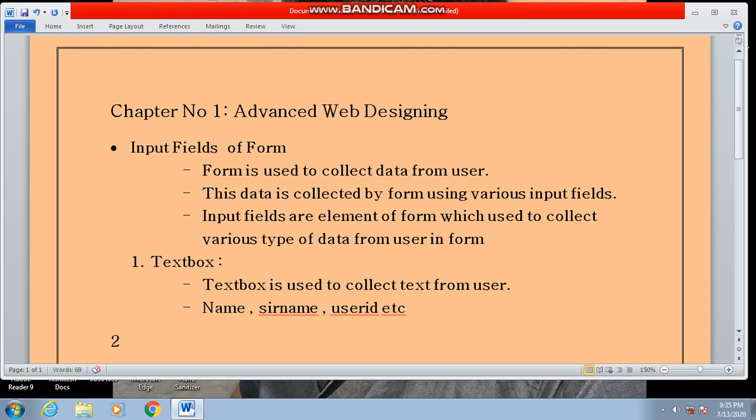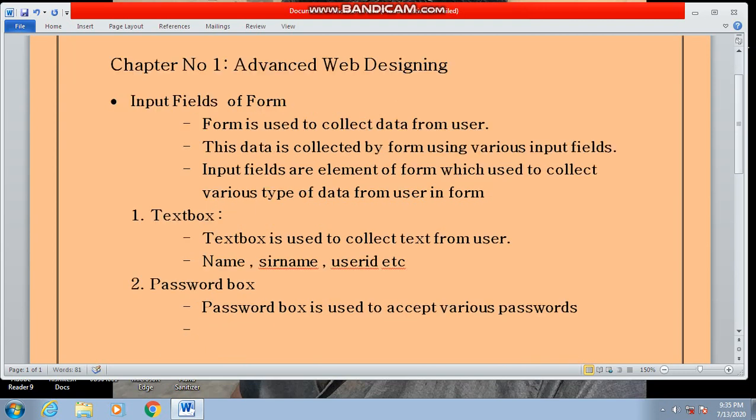The second input field that we have to see is the password box. As the name suggests, a password box is used to accept passwords from users. If you want to accept passwords from the user in a form, the password box field is used.